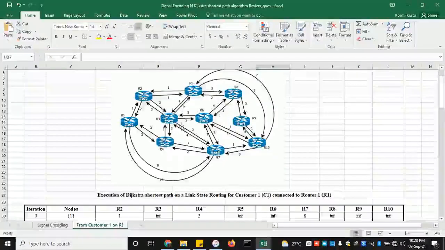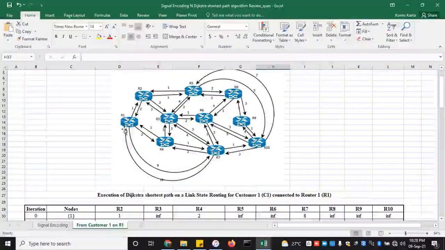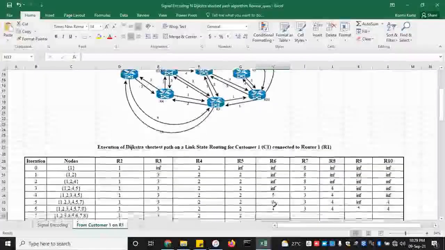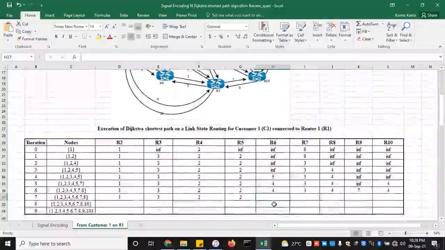To get to 6, the shortest path is still through 1 to 4, which is 2, 4 to 7, which is 1, 3, and then from 7 to 6, which is 1, so 4. It'll still be 4. Okay,